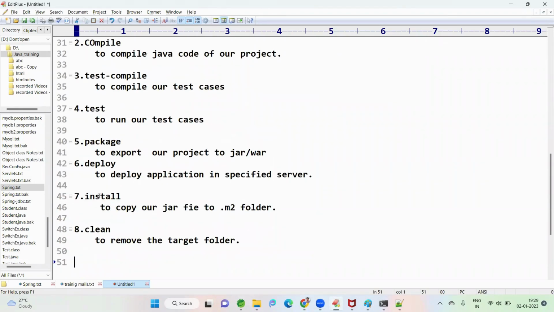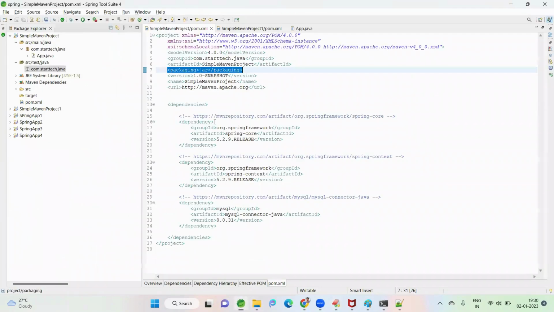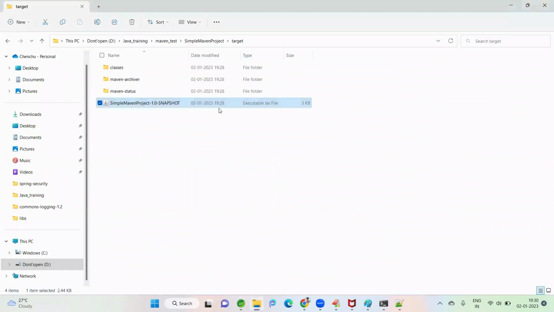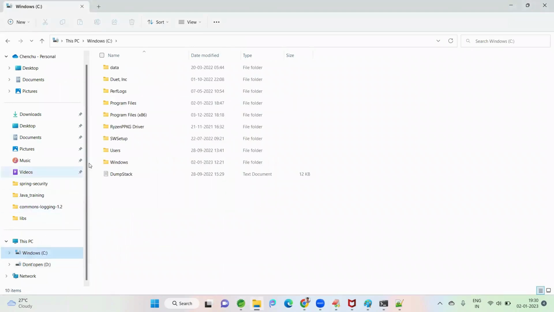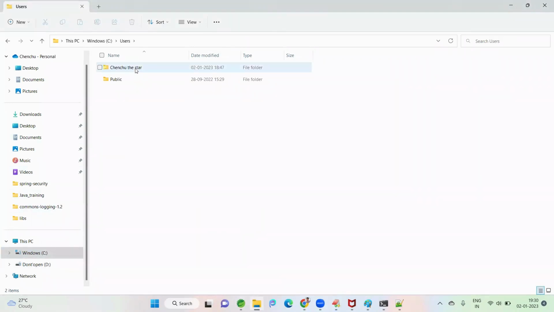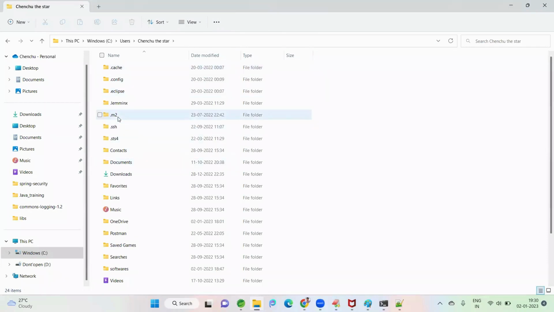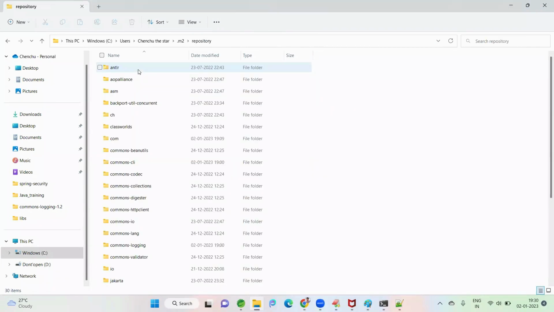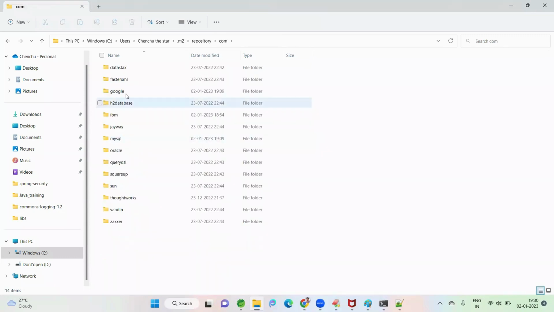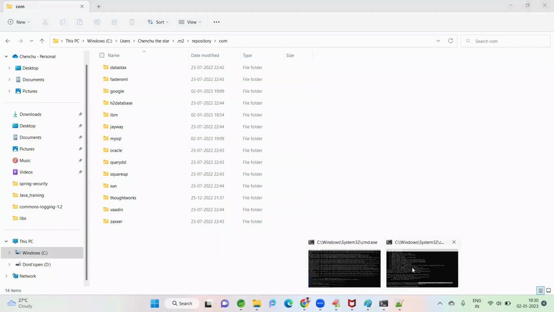Install. What is install? Install will automatically transfer the jar file to our local M2 folder. To show you, what is the package name we have given here? com.starttech.java, right? Is it there or not in our local system M2 folder? Where is M2? M2 means the Maven related folder. Here, M2 repository. Check if com starttech is there. No, it's not there. If I run Maven install,